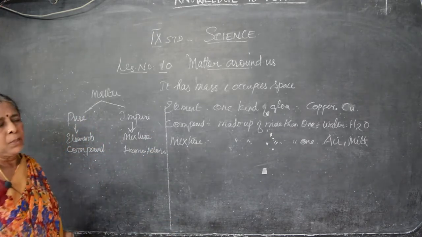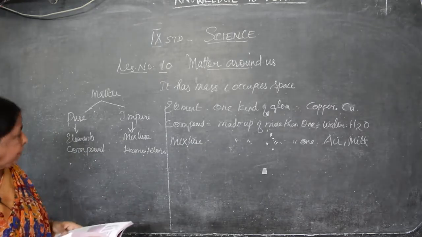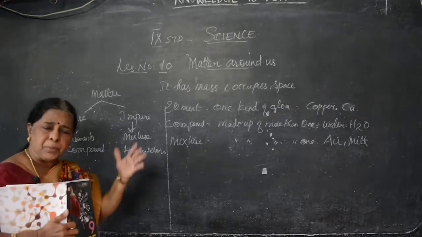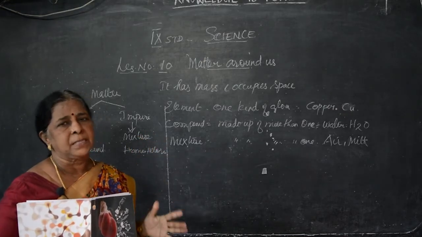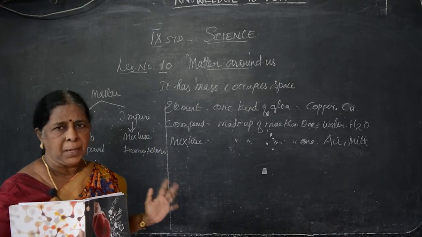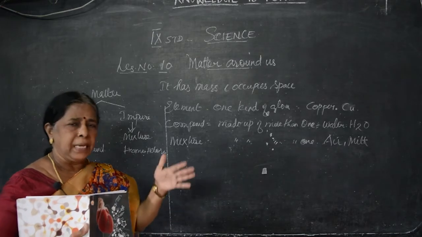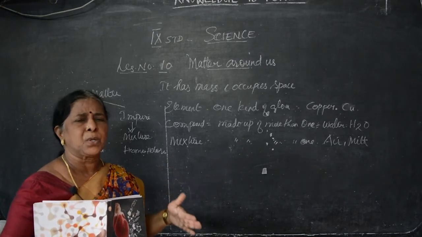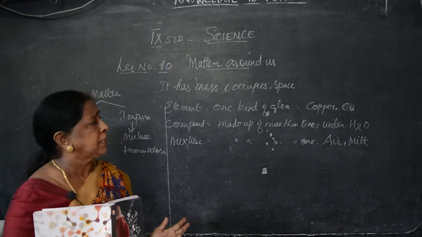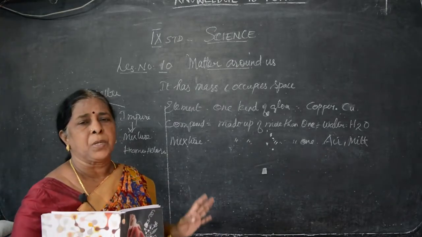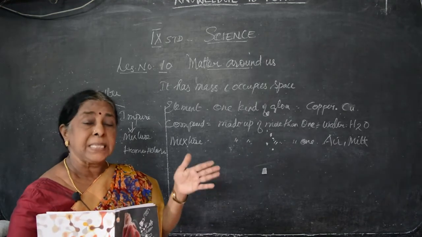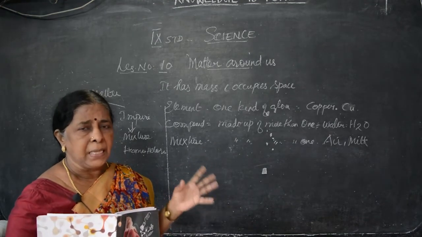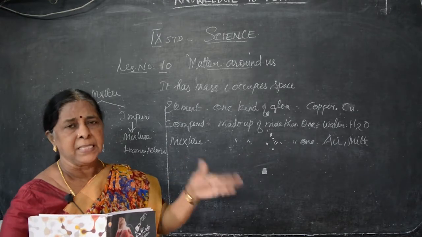Now we will see what is an element. Elements we have studied from the lower classes, from 6th standard. We have more than 118 elements. They are arranged in the Mendeleev table, the periodic table, and many scientists have come forward and put forth their theory. The present modern periodic table is based on atomic numbers. For example, hydrogen is the lightest atom, so it is arranged first.